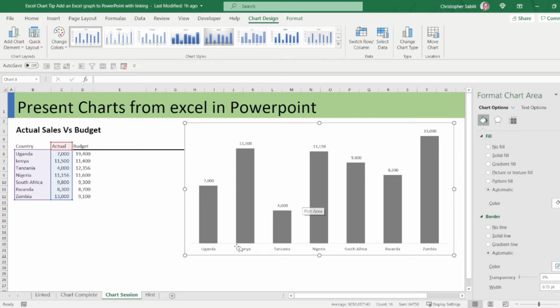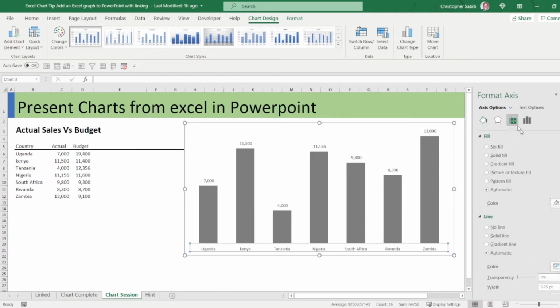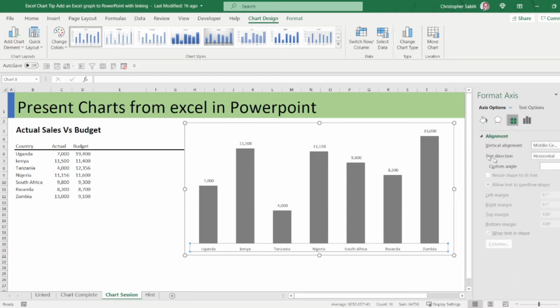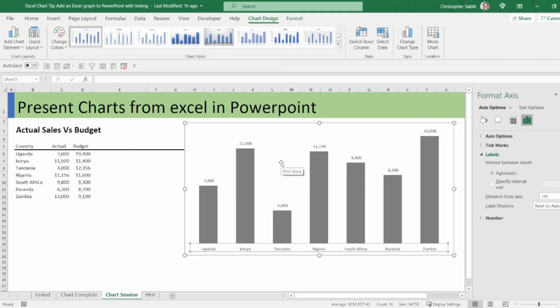What else? You can go ahead and increase the depth or the width of the y-axis line. We do that from the axis, but at the moment, let's focus on other things. When you go to the axis, there are those options, so you can always preview through those options. Check our video about graphs.